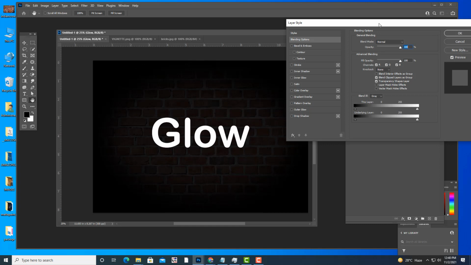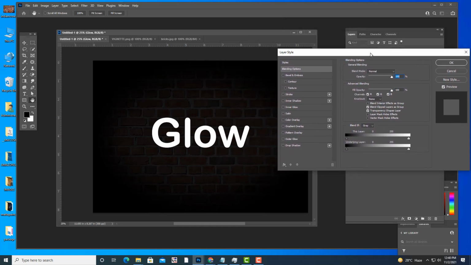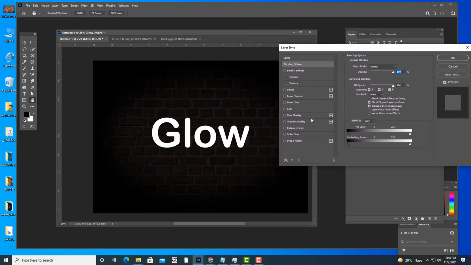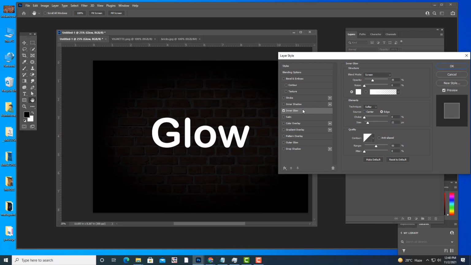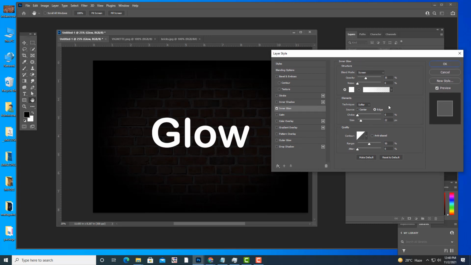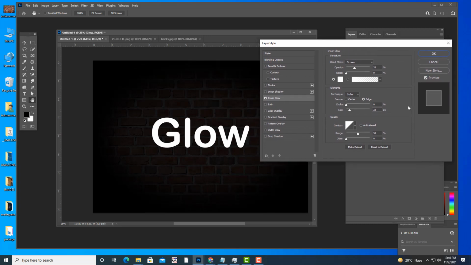Okay. So how can we select the pink glow? See, first we will start with the inner glow. Just select the inner glow here. Okay, and then in inner glow, see here we have some options. Already we have options. So what we do is, first step always, do reset to default. Click on this button, because if you have already changed some settings, those settings will affect the text. So just click on this reset to default. So now everything is reset.